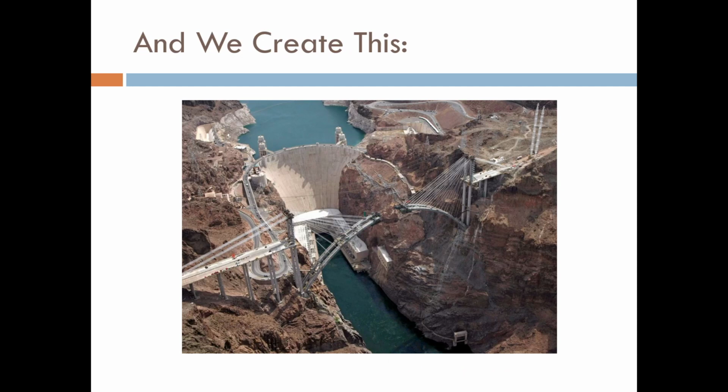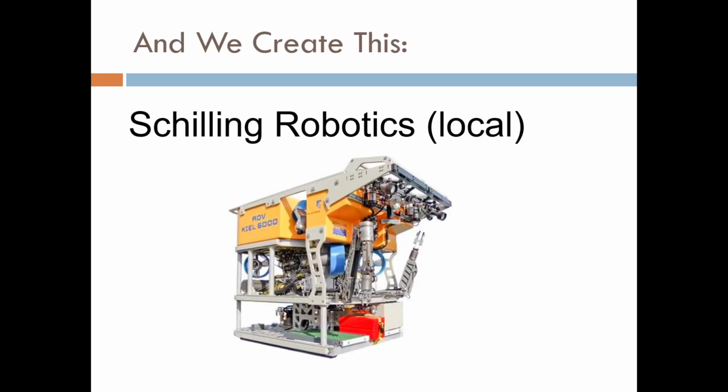Oh, this is that bridge that they put in front of the Hoover Dam, which is just one of my favorites. I think it's pretty, and it matches the sort of 1930s Art Deco look of the original Hoover Dam. This used to be, or it might still be, I'm not sure, an underwater robot, mostly used in the refinery business. This was a local company. Pretty cool underwater robots. They examine wellheads and pipelines and things that are for offshore